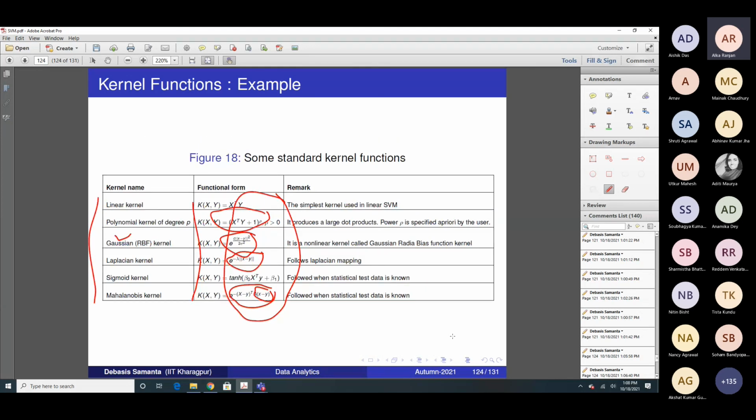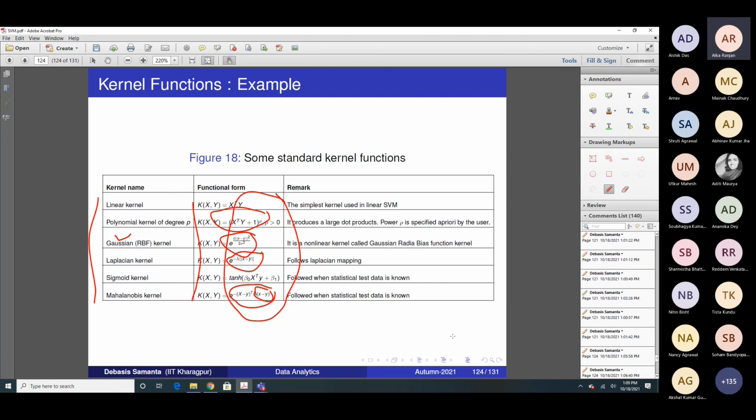And one advantage, as I said again: whether for my data I should use linear SVM or nonlinear SVM, nonlinear SVM is equally applicable to data which are linearly separable as well as linearly not separable. So it is only the nonlinear SVM that needs to be applied to your problem to classify your data. That is the most important thing. And nonlinear SVM is nothing but linear SVM actually.